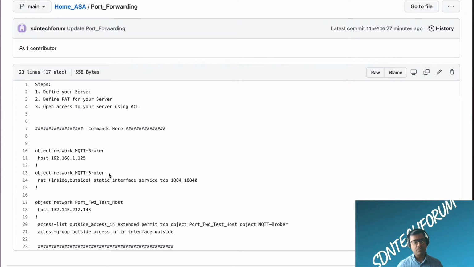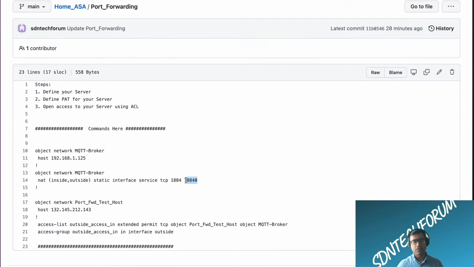So basically what I'm saying, nat inside outside static interface service tcp 1884, translate it to. So this is the source, this is the destination. So anything which is coming with 1884, translate it to